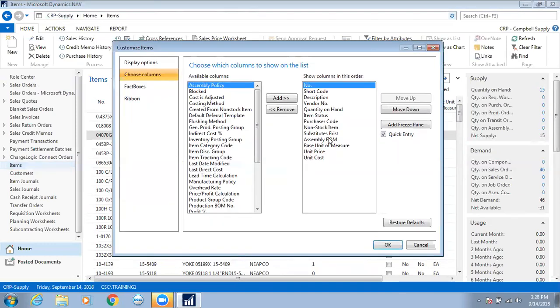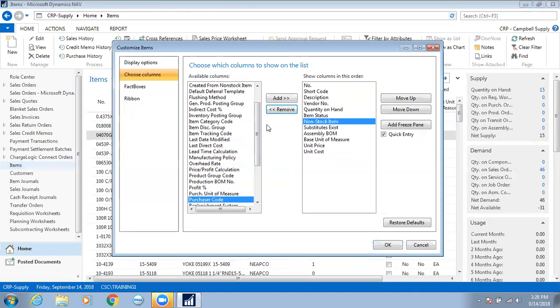And let's say there's an item on here that we do not want to see in our list. So if we don't care what the purchaser code is, we can take this and highlight this again and remove it. And what that's going to do is take the purchaser code and move it to the left-hand side here of columns that are available to view. So we'll just hit remove, and you'll see it put it right back here in alphabetical order on the left-hand side. So again, if we hit OK,